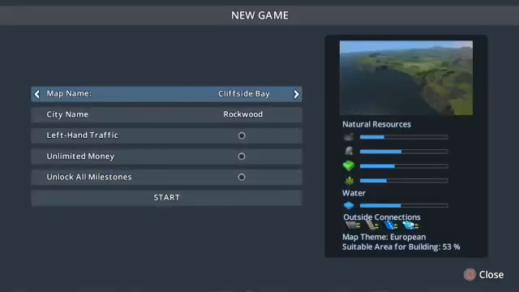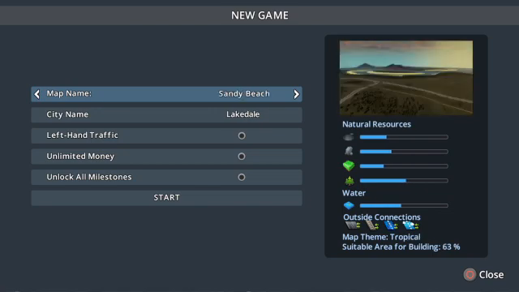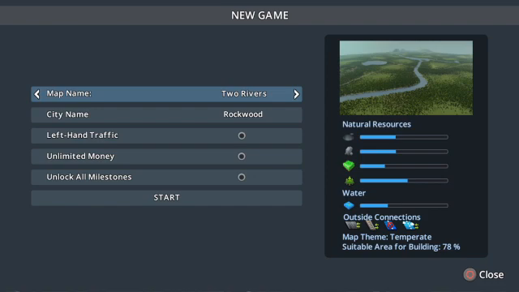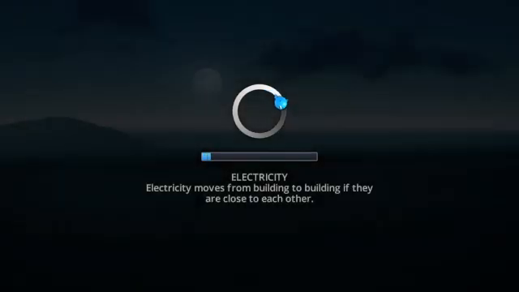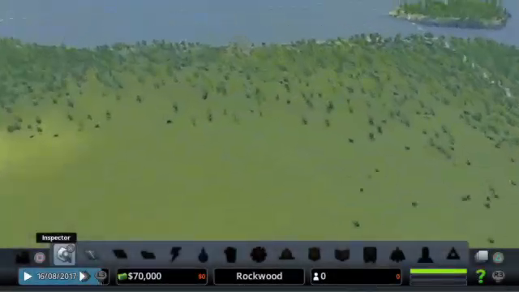Okay, so new game again. Which one was that one? That was that one, wasn't it? 2 Rivers. 2 Rivers, the next one. We're missing a connection on this one. Lots of forestry though. It's quite cool. 78%. So I wonder what the most popular map is. I wonder which one is actually the easiest one to get yourself going. I know it's easy to mess it up, but...